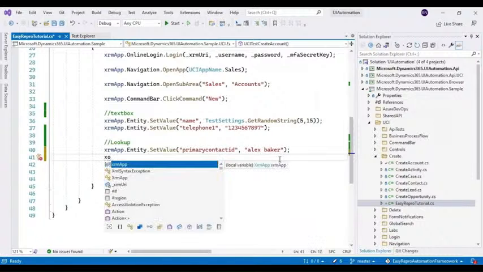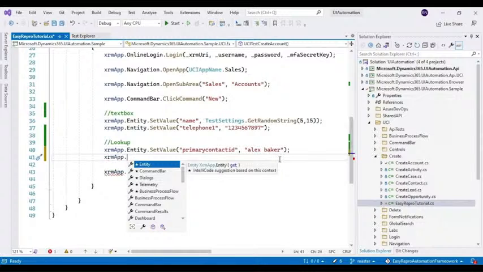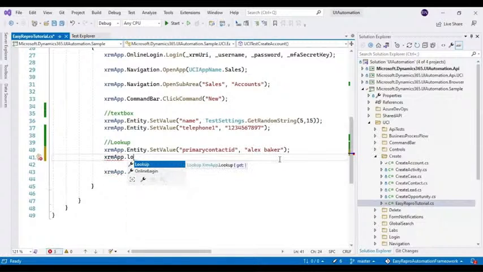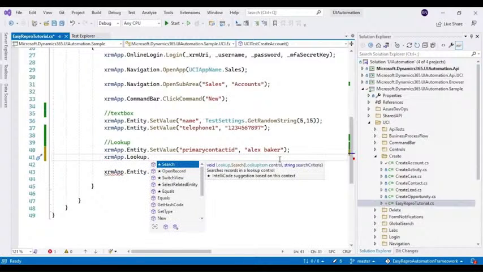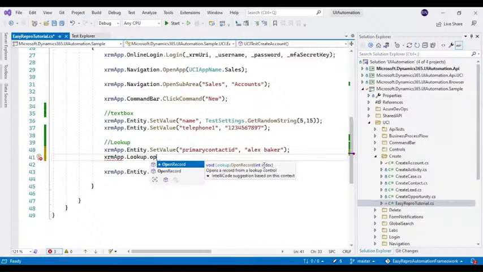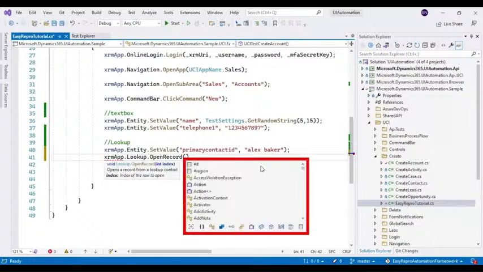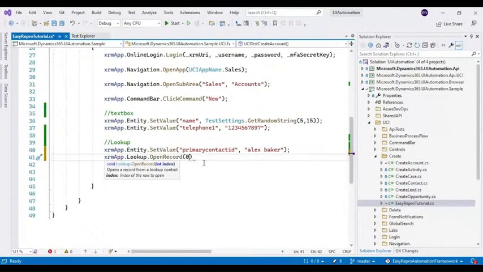So XRM app dot, there is a lookup object, and I'm calling one method called open record. This will accept the index, so you need to pass the index. For example, in my case, I'm specifying it as 0